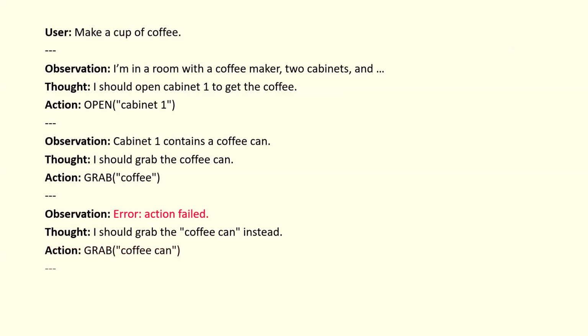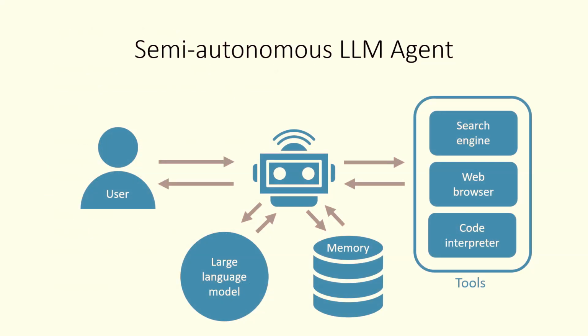So now it grabs coffee can, and it observes that the coffee can is in my right hand. A trivial example, but kind of gives you a sense of how this iterative loop and feedback loop works. Now, to make these agents more powerful, we can also provide them with various cognitive enhancements, things like memory so